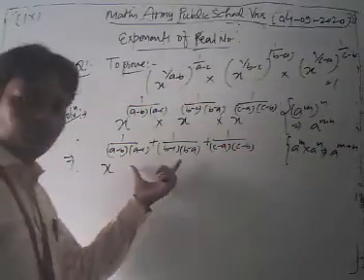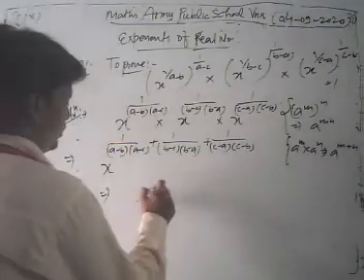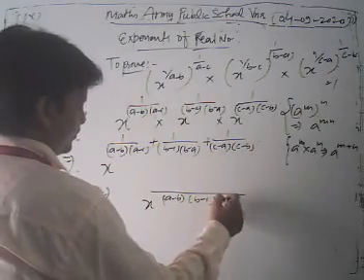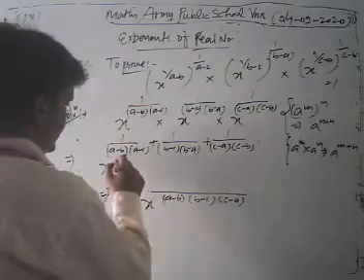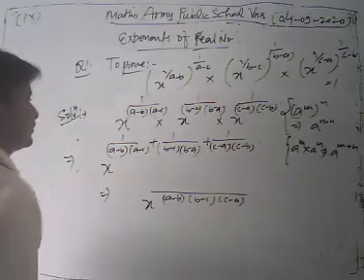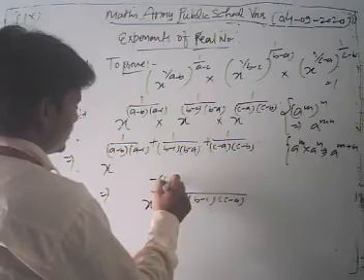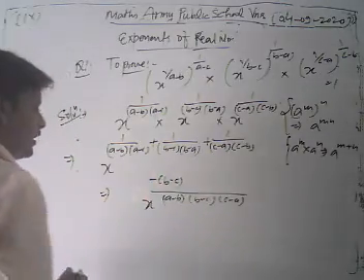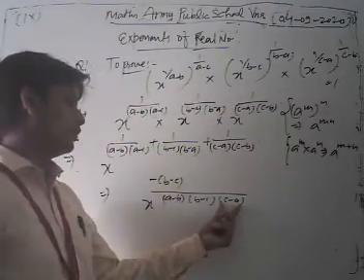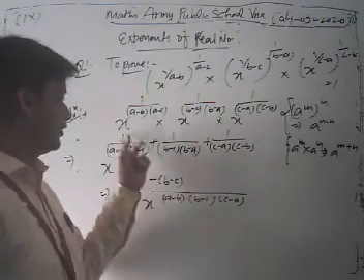Now what I do, dear student, here we take the LCM and solve it. Let's see. x to the power, we take the LCM as a minus b, b minus c and c minus a. Okay, now look here, if we divide that, a minus b cancels, so we get a minus c, and here c minus a is cancelled, so we get minus b minus c. Why minus? Because this is a minus c and this is c minus a, so we take minus as common, so we get minus 1, a minus c. So minus 1 times b minus c, we get minus b minus c.